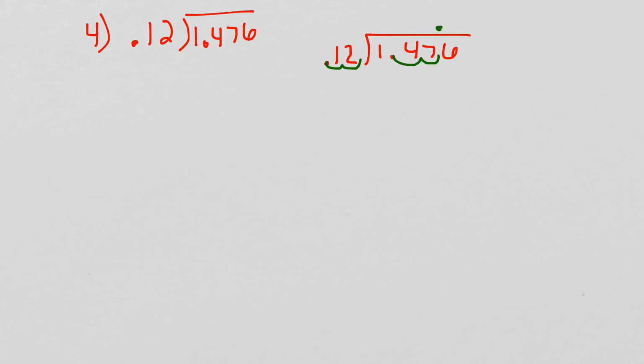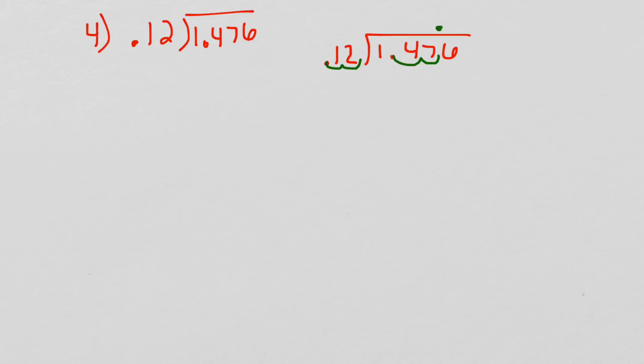Now I'm going to do some division. So I know that I cannot divide as long as I have a decimal in the number that's outside the division. So what I'm going to do is move that decimal 2 places. And brother-sister rule says if I move the decimal 2 places outside the division, then I'm going to move it 2 places inside. And then I'm going to put that decimal up in the answer, and I'm ready to now